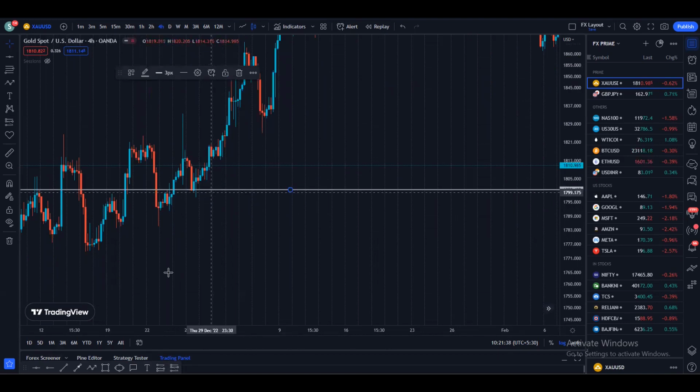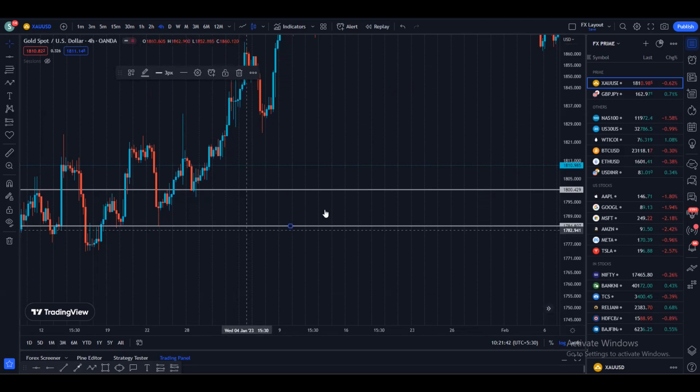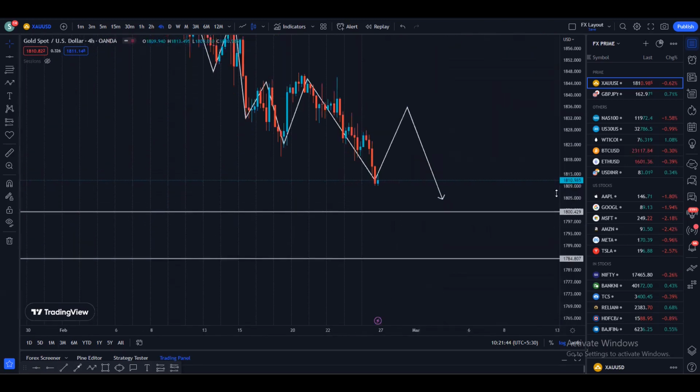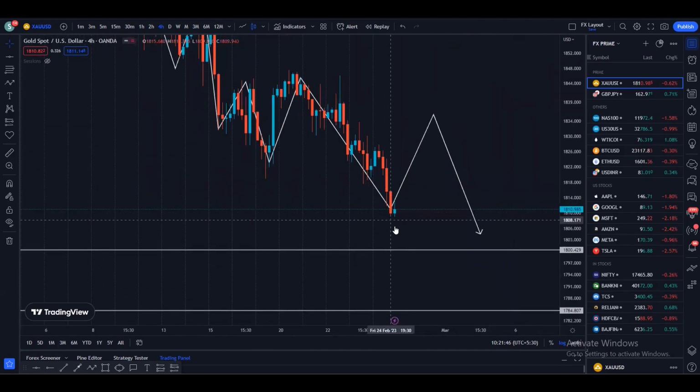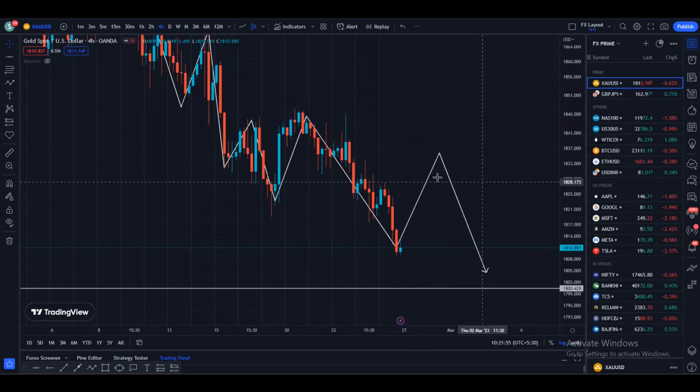So if we see, this is going to be the next support, and after that, the next support is going to be maybe here. These are the next two supports on the 4-hour time frame. So either we can keep going down here to retest this low or the support, or we can come up to find some kind of resistance to go to the downside. So the price on the 4-hour is going to be bearish as long as we respect the previous lower high of this market